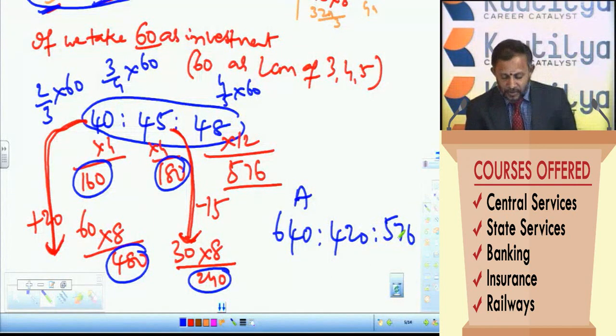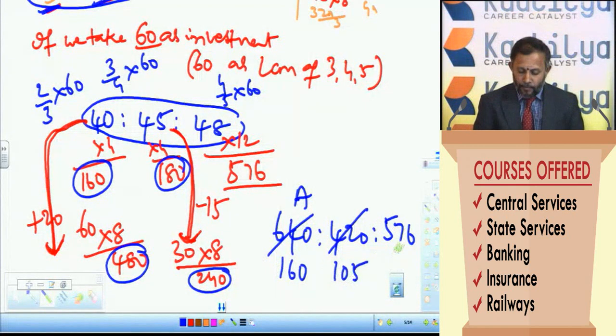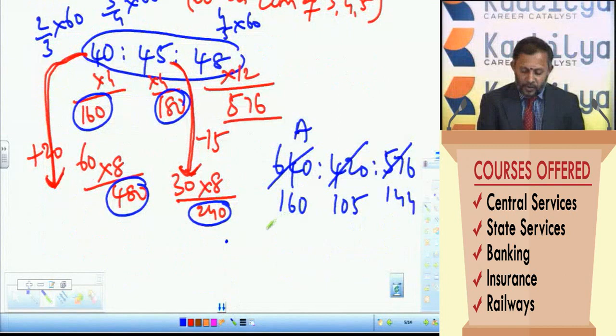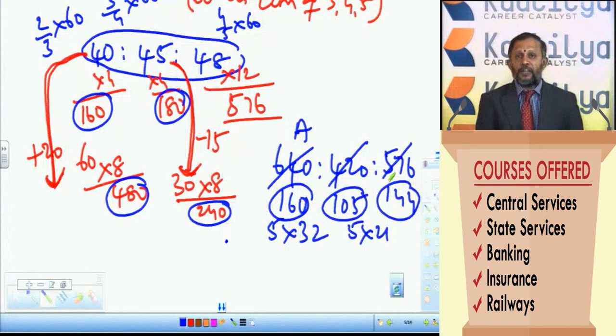So here what you have to observe is 4 gets cancelled. 4, 160, 105, and 144. Here 4 gets cancelled, and you have to go for further calculation, because 160 we can write as 5 into 32, and 105 we can write as 5 into 21, and if any number gets cancelled, we can make a cancellation here itself, right? But here 3 gets cancelled, but here 3 won't get cancelled. So therefore 160 is to 105 is to 144, that is the final ratio of the profit.